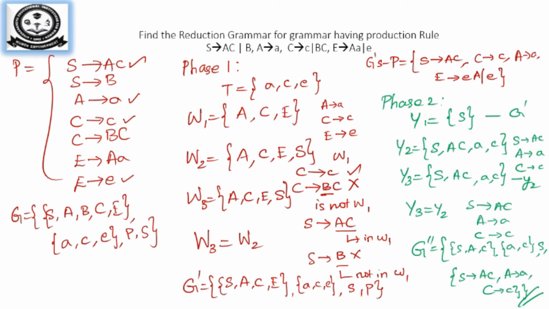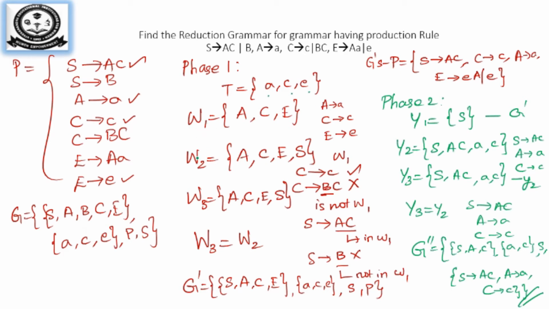So hope you understand. So I repeat again. The rules have been given. This is the context-free grammar. Phase one is to just find the terminal symbols that are given in the production rules. So the terminal symbols are going to be A, C and E. The first set is which are the production rules that can derive the terminal symbols. So it is going to be A to a, C to c and E to e. So include their non-terminal variables into W1. So the step is over.